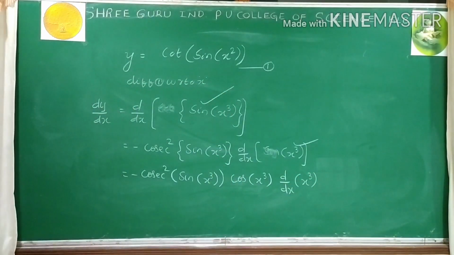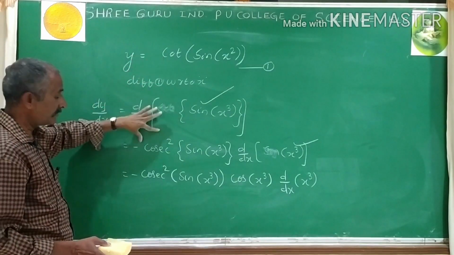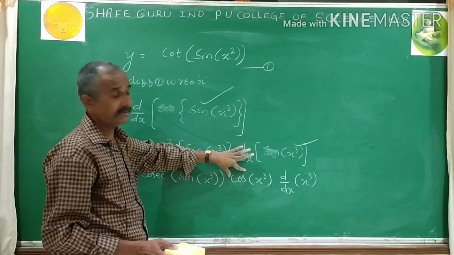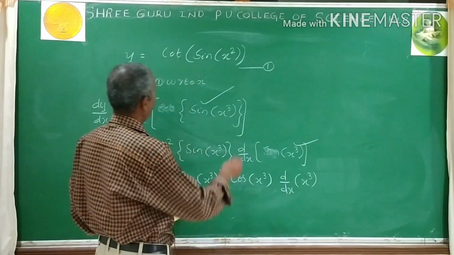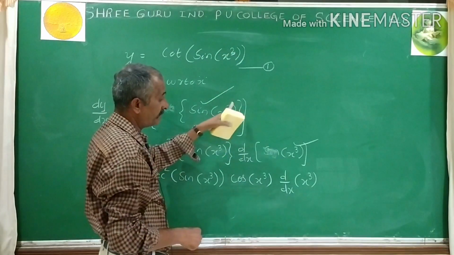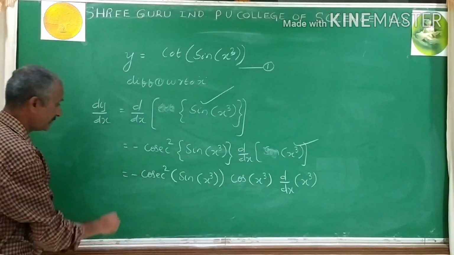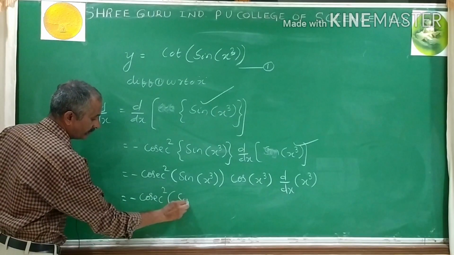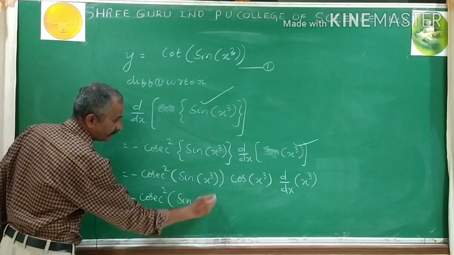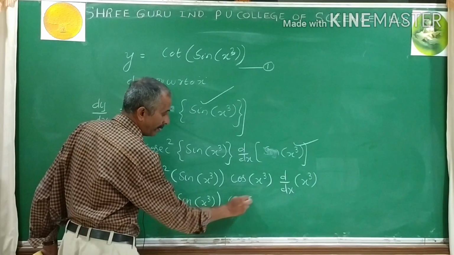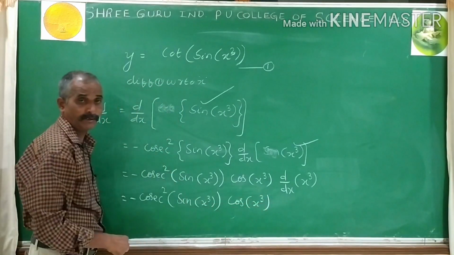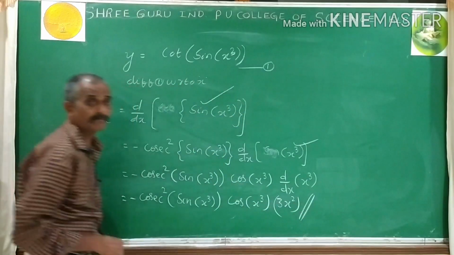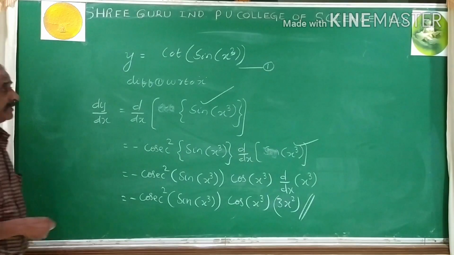You understand very correctly: first the derivative of cot, minus cosec square, followed by the derivative of sin, that is cos, lastly the differentiation of x cube to be adopted. That is equal to minus of cosec square sin x cube into cos x cube. Finally, the derivative of x cube is 3x square. The remaining problems in the next class we shall